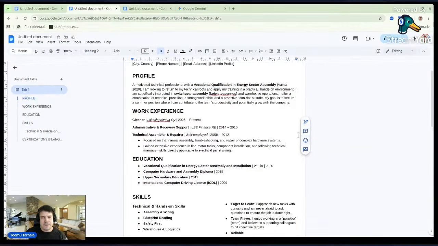Here's the CV. And if you want to see how the original looked, you need to go to yesterday's stream. But I guarantee it's a way different CV. First of all, we were missing a profile from that paperwork. And here we highlighted that we are motivated, technical, professional, and so on. Not going to read the whole text, but basically it targets that company.